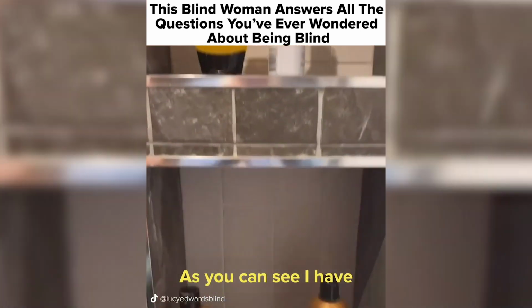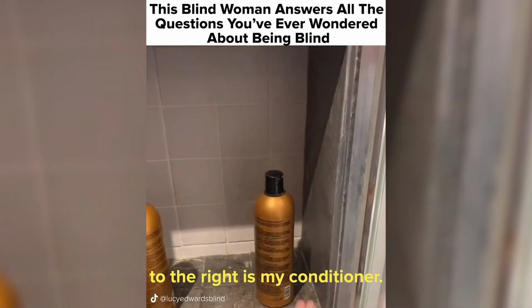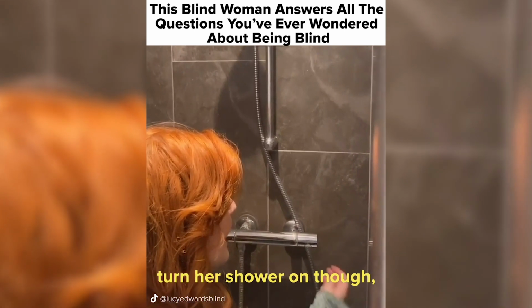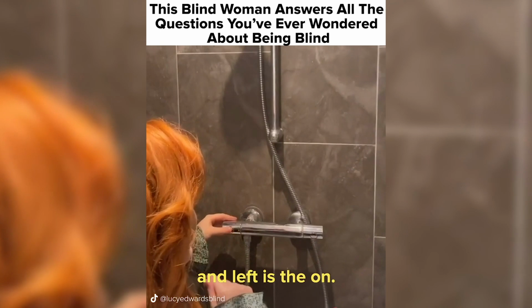As you can see, I have 2 shelves. On the top is my shower gels, and on the bottom to the left is my shampoo, to the right is my conditioner. I never mix these up, otherwise I will be putting conditioner on first and shower gel on my hair. How does a blind girl turn her shower on though? It's very tactile. I just turn the knobs and I know what temperature to have on, and left is the